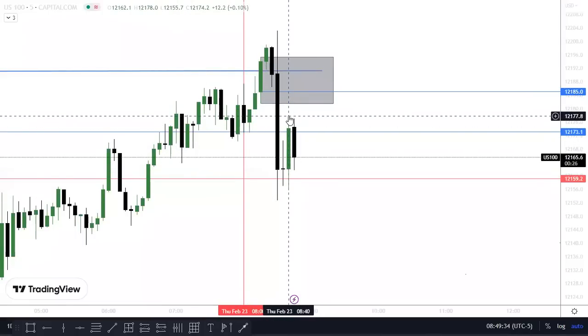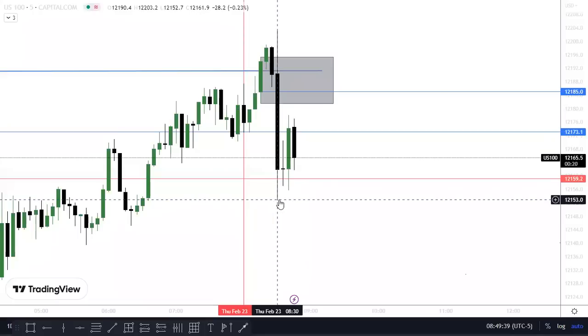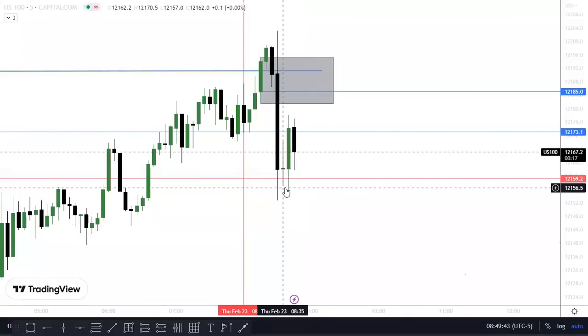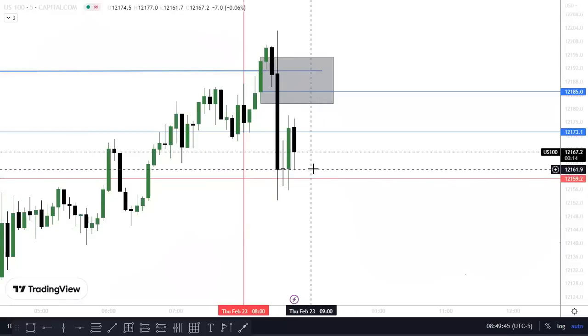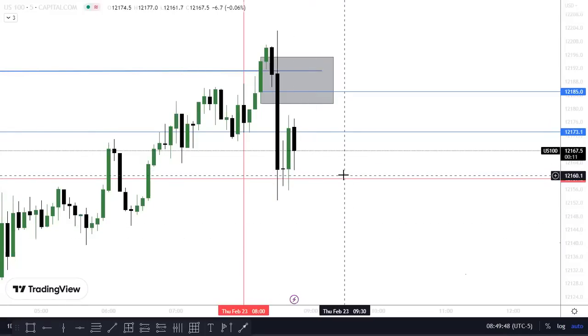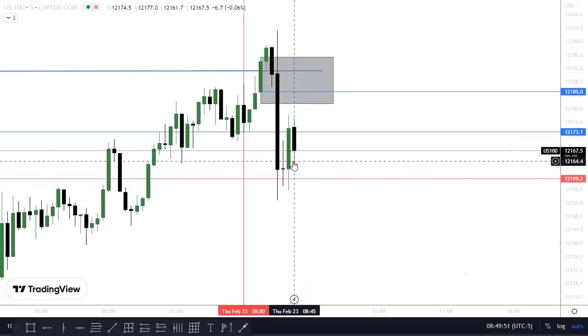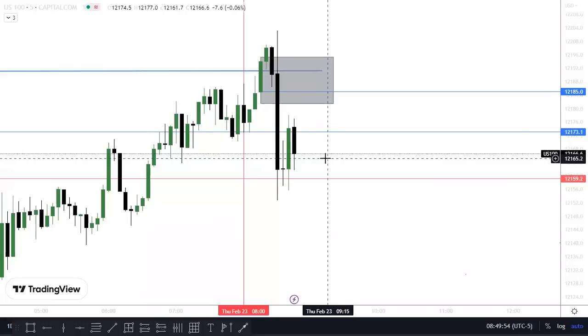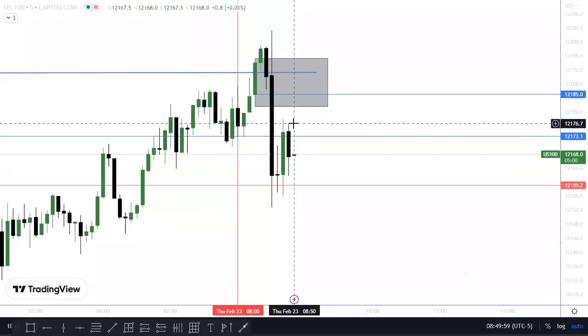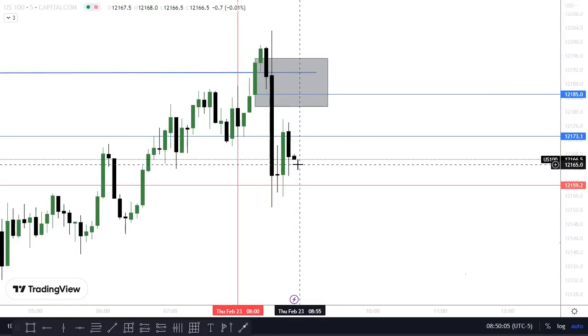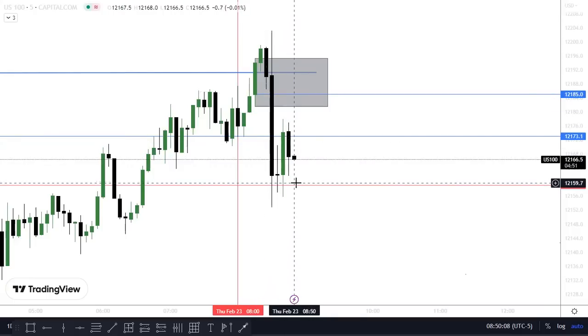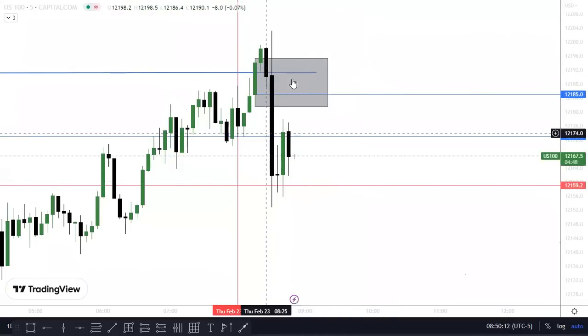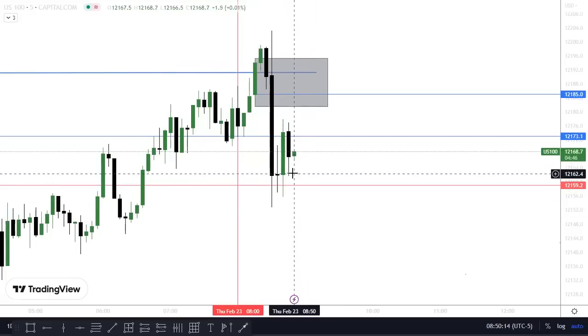If this is overwhelmingly bearish for right now, why is this low still in the market? Why are we not expanding below this candle's low? So I could probably FOMO in right here. That's not happening, which means we're either being distorted or price is waiting for something else. What time is it? 8:50, almost 8:50. What's significant about 8:50? Nothing that I know of. So why am I going to sit and think I missed the trade? Maybe the time is not right. I already identified the price. Maybe the time is not right. Just relax.